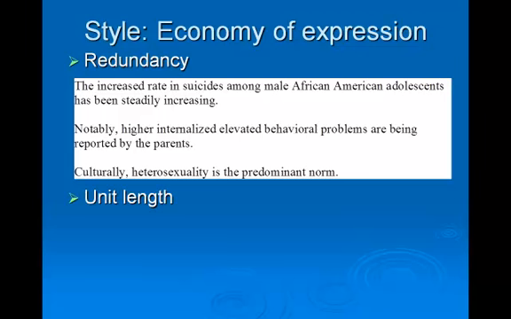Okay. Another thing to look out for is unit length, and I'm talking here not about length of words. I like big words, use them all you want, but length of sentences, length of paragraphs, right? And not that you have to have just the right size, but you want a mix of short and long sentences, right? If you have really long sentence after really long sentence, it gets tiring to read, and it can